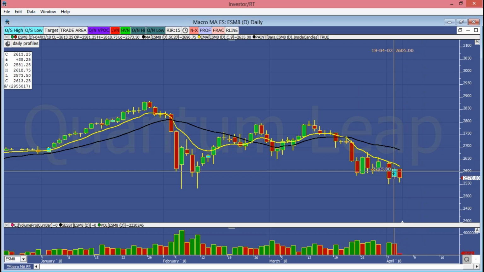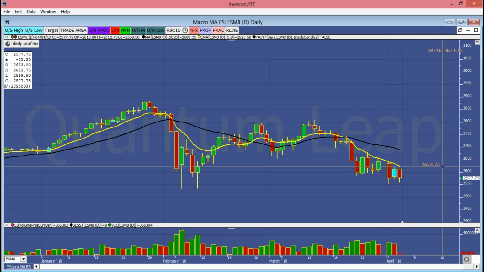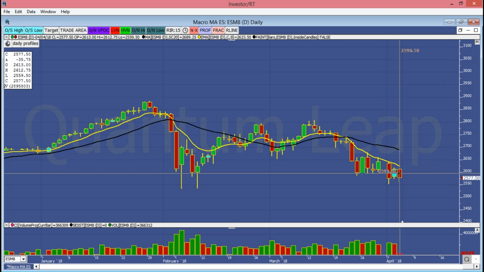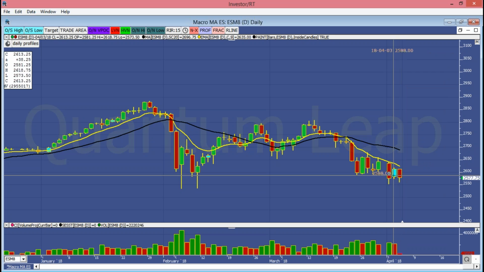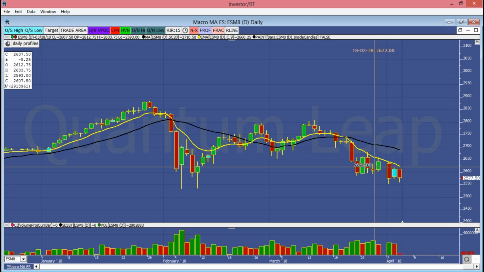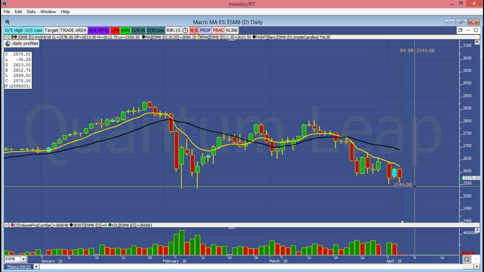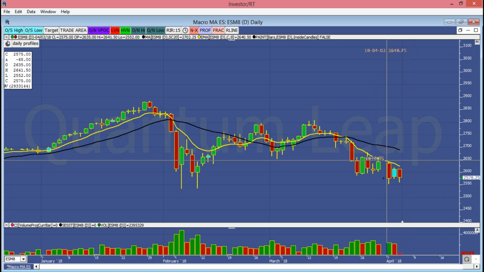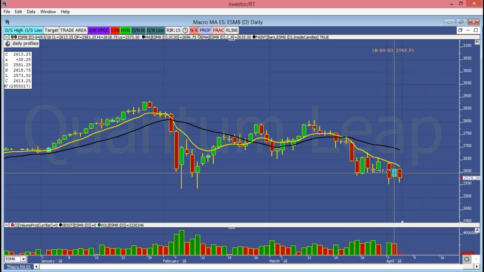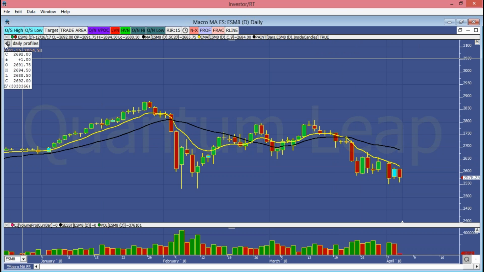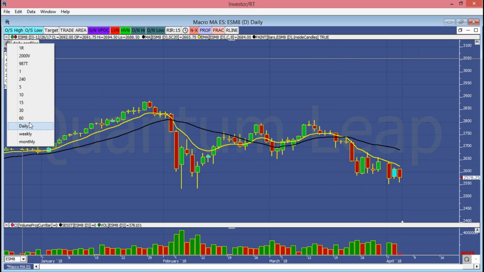Now, we did get a Mr. Sneaky yesterday, but there wasn't a lot of a technical gap against it. So I'm considering this a regular Mr. Sneaky and not a FUBAR Mr. Sneaky. Therefore, we have to wait for a new low to be put in and then respected before I'd be looking to execute long or short off of this particular pattern. And again, slope and separation to the downside, the trend is down.